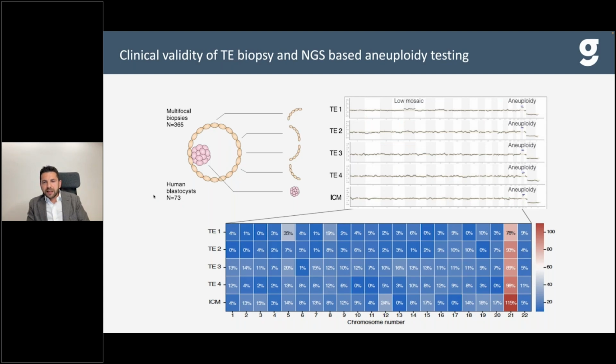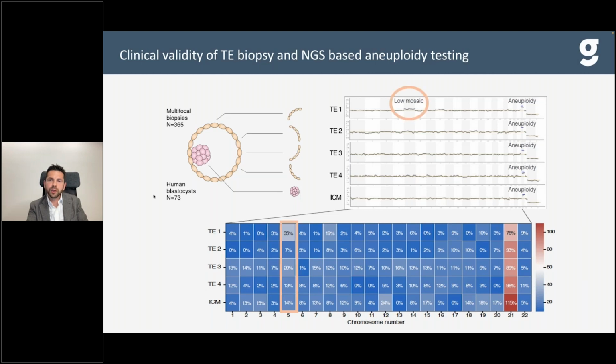So I think an important preliminary finding of our study was how to classify embryos into the low mosaic or medium mosaic category, and why we felt comfortable in using these embryos clinically and not reporting back this type of abnormality. So the first step of our study was to disaggregate 73 blastocysts donated for research into 5 different portions, 4 trophectoderm biopsies and the ICM.